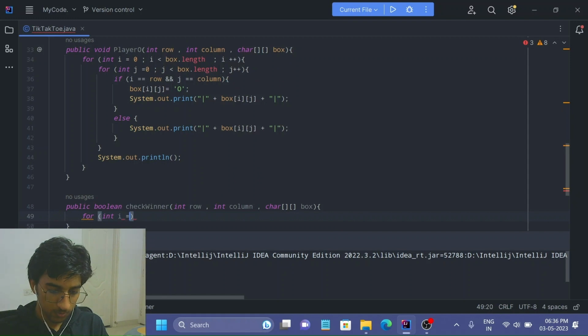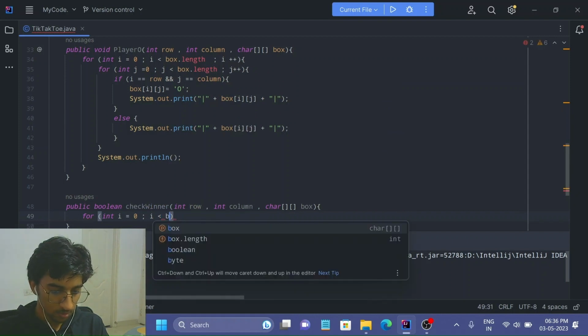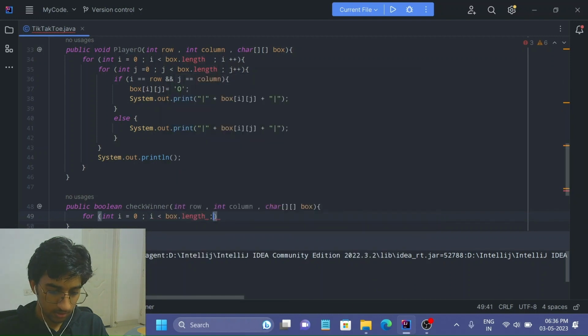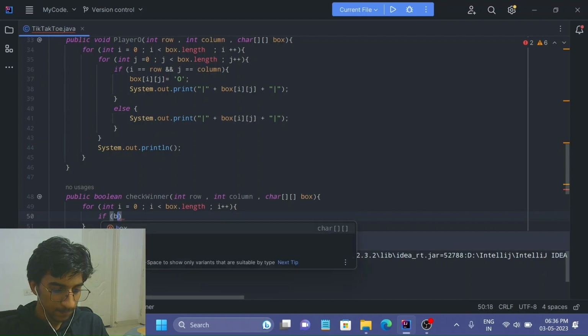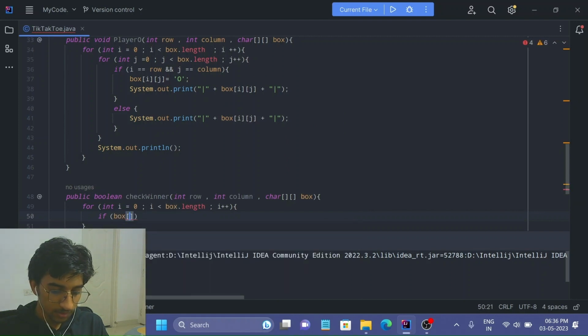loop here. I keeps on increasing till box dot length, no issue. Great. And now here let's create an if statement, that if box at that particular position I and 0th column is equal to x,